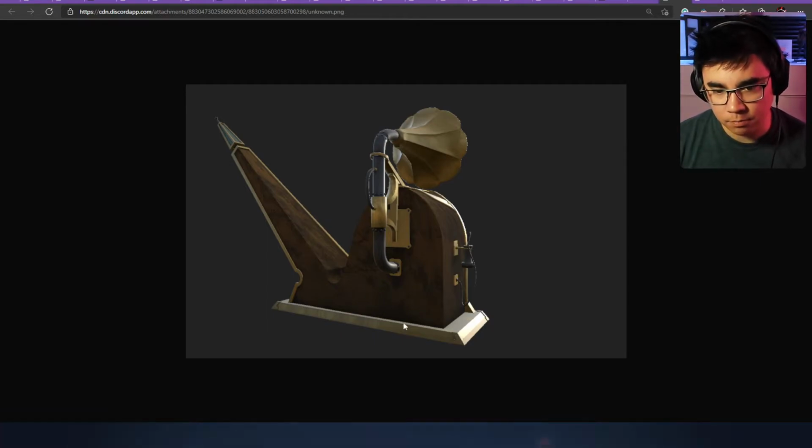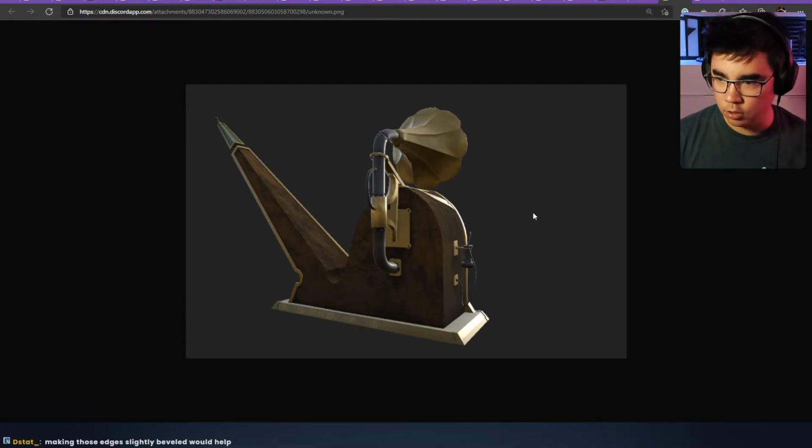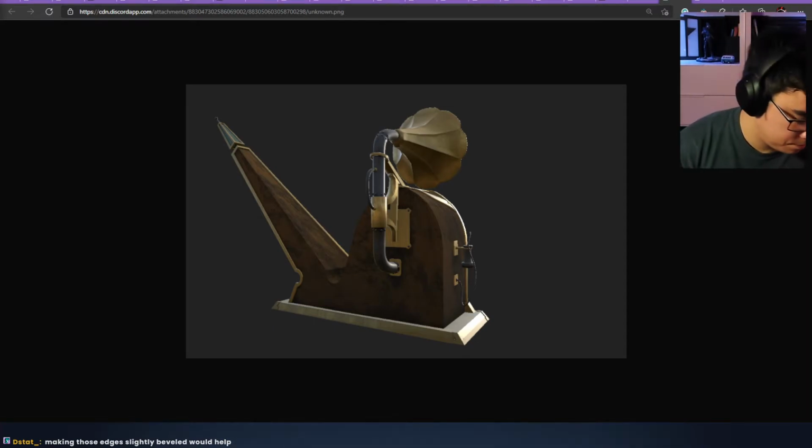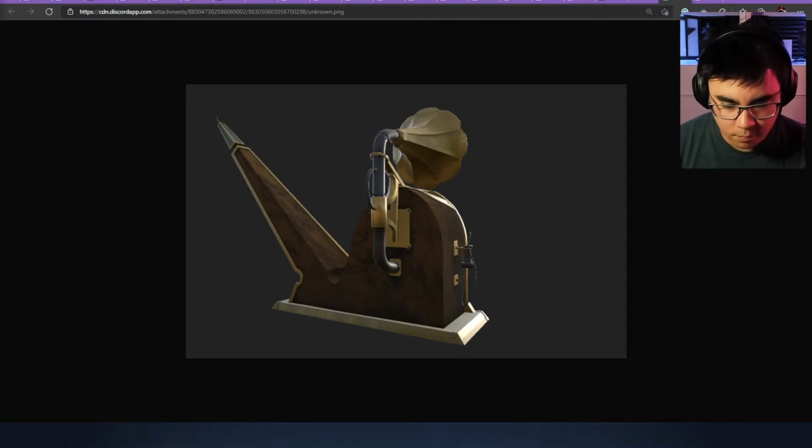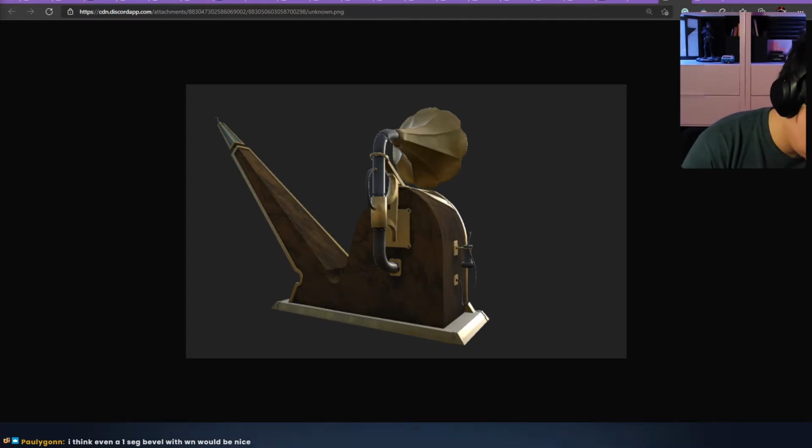Even an instruction manual type thing, or an outlet thing that goes out and plugs into something. There's all these little logical details that are missing. Yeah, beveling these would help. But yeah, let me see if I can